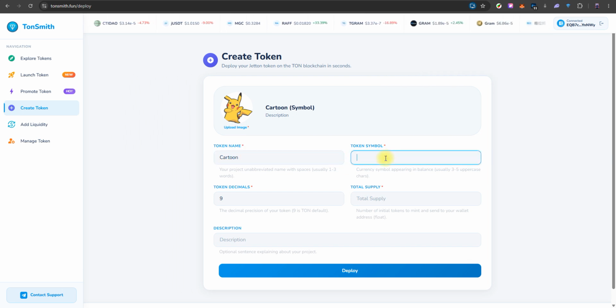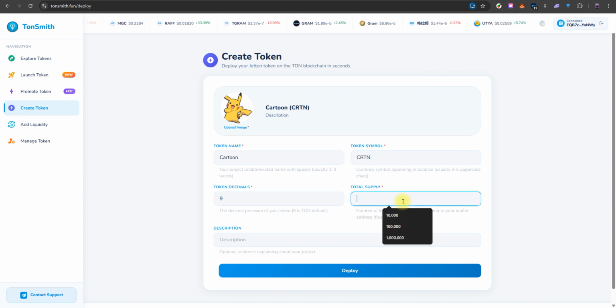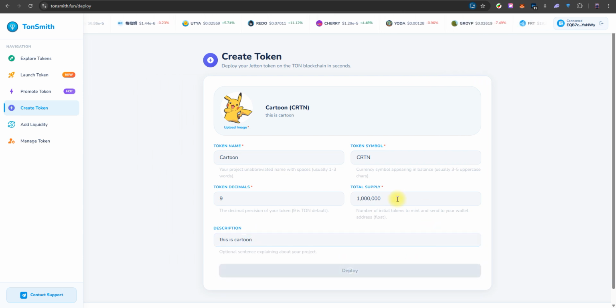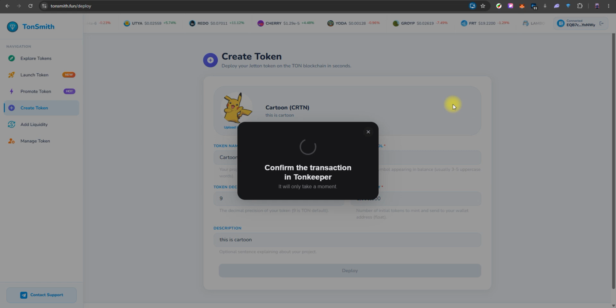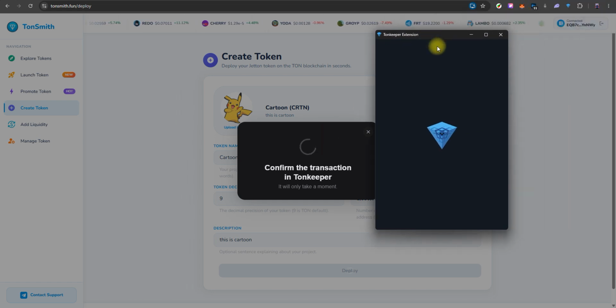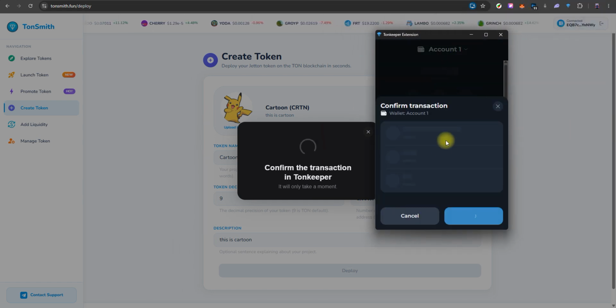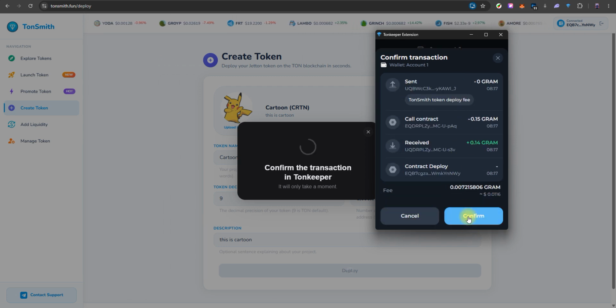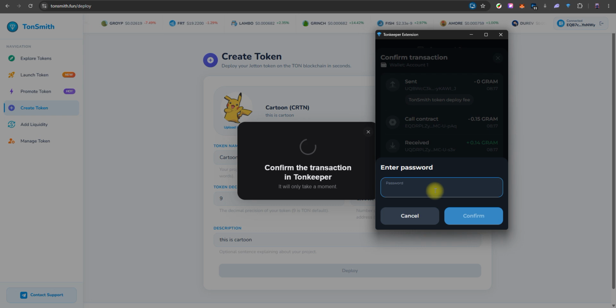then I will write the symbol and the supply and the description. Next click on the deploy. Pay the transaction fee, enter your wallet password,